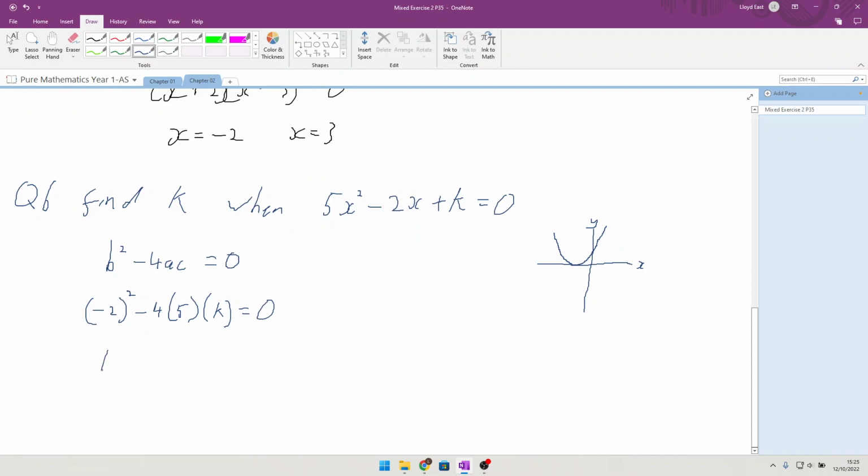Minus 2 times minus 2 is 4, minus 20k is equal to 0, so 4 is equal to 20k, giving us k is equal to 4 over 20, or 2 over